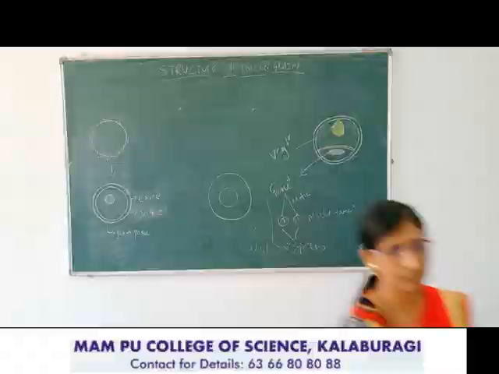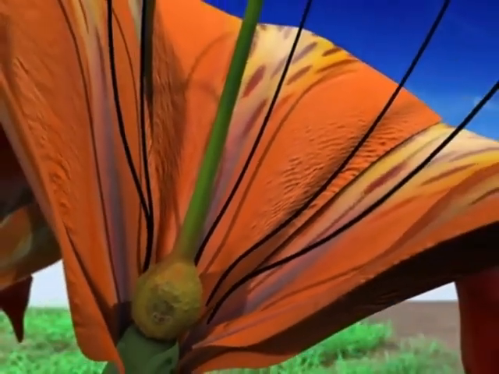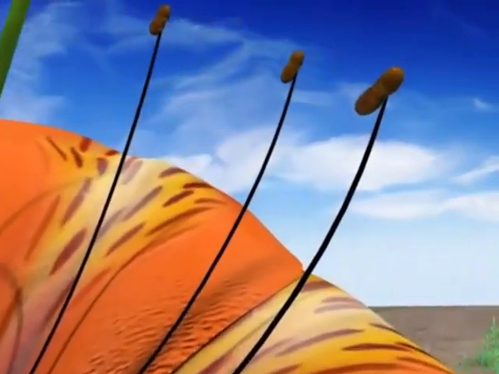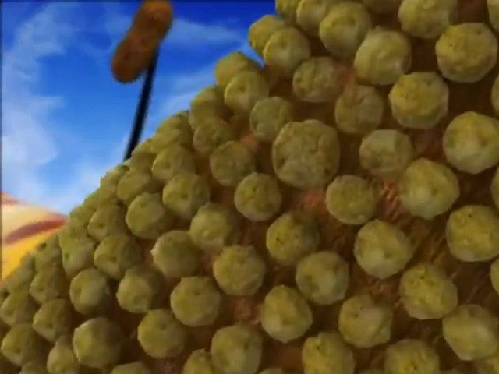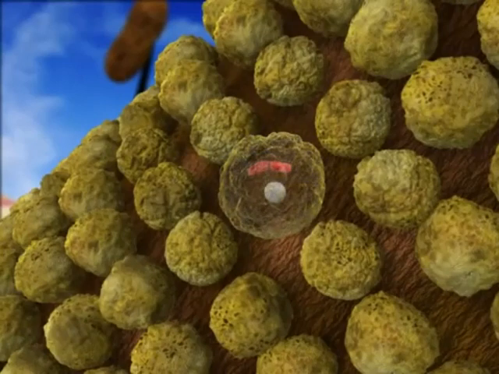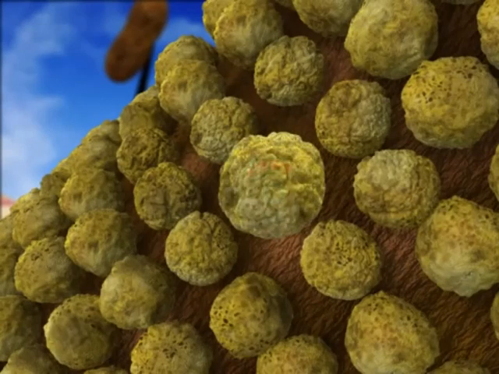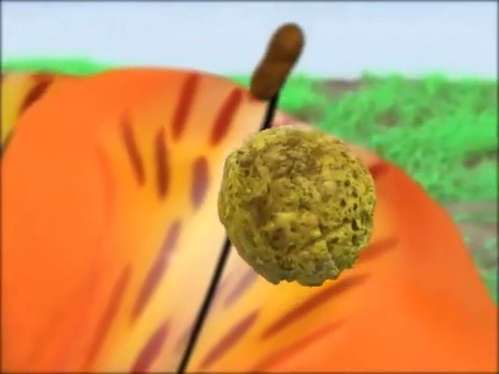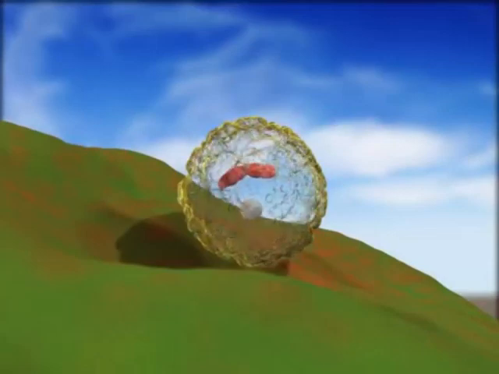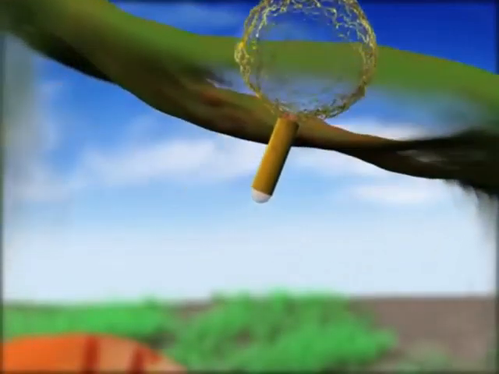Thank you. So this is the flower. This is the anther. The anther contains the pollen grains. Already I told you that the pollen grains contain 2 unequal cells: one is the vegetative cell and the other is the generative cell. Some of the pollen grains are shed when they are in the 2-cell stage. This pollen grain is transferred from anther to stigma. This process is called pollination. From the intine there is germination of the pollen tube, which passes through the style.